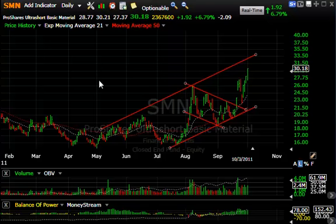SMN, ProShares also short basic material. Also a similar pattern, a spike up and then a 1, 2, 3, 4, 5-wave move. But notice the rising bottoms, declining tops in this wedge. That was broken with a big spike in volume, then a breakaway gap, an extension that took this stock from